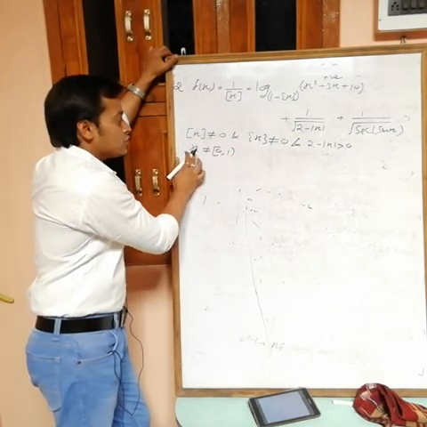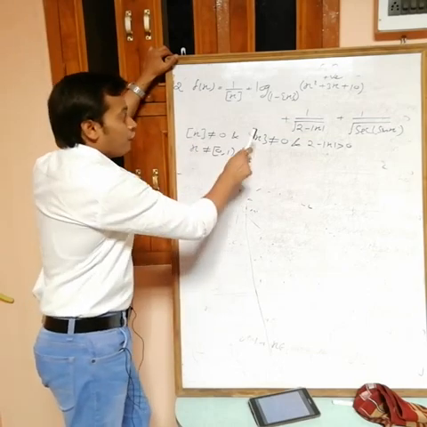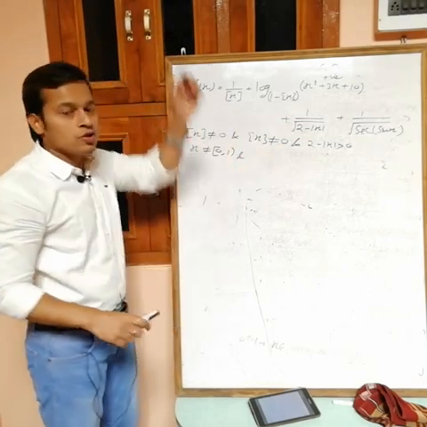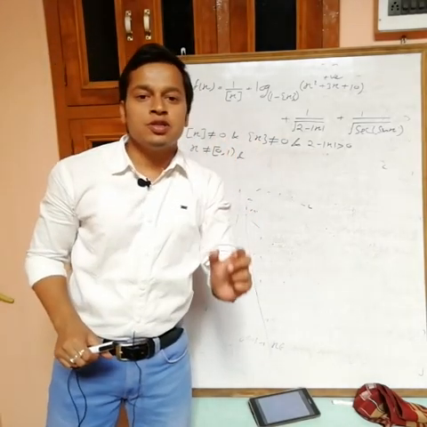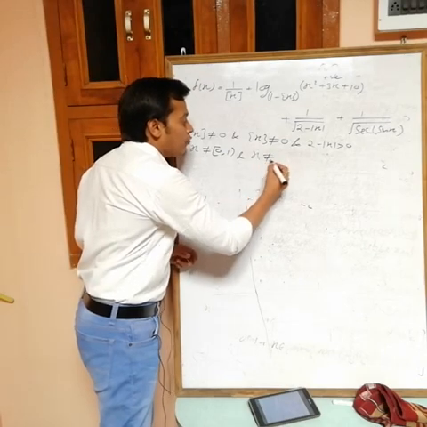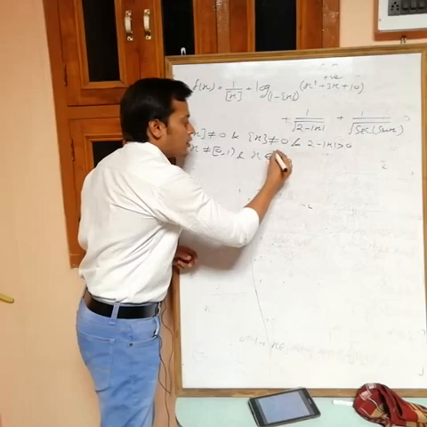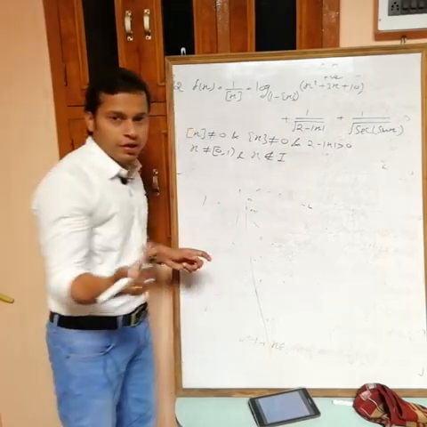That is not possible, so x can't lie in this interval. Now the fractional part of x is not equal to 0. When the fractional part is equal to 0, x is an integer, so x can't be equal to an integer. Can I write directly, x can't belong to the integers.